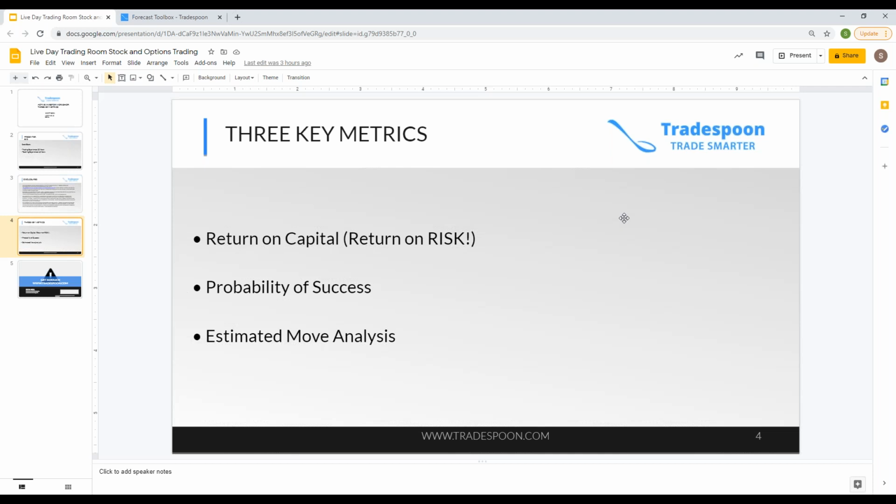Probability, I don't get into probability a lot. Probability over time. I'm stacking probability though by analyzing the market, by analyzing the sectors, by finding the best stocks in the best sectors, putting them on my watch list. I'm definitely trying to stack probability by what I'm looking at and when I'm looking to trade it. But these metrics I am focused on all the time. As they change, I am trying to be fluid in how I manage them.